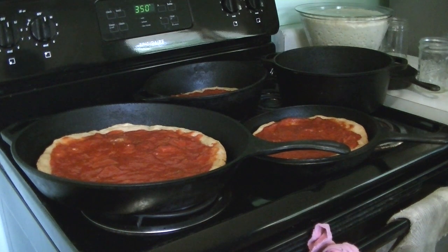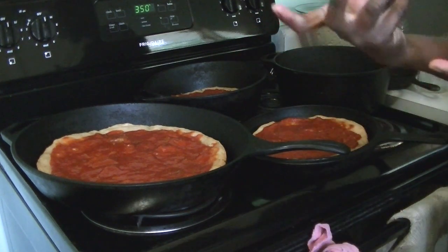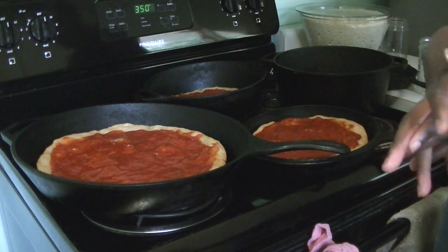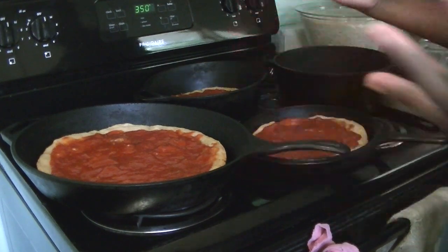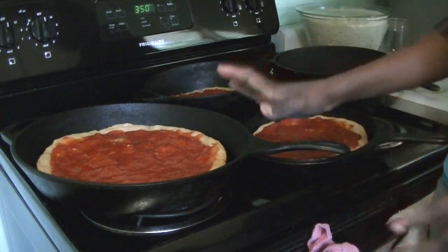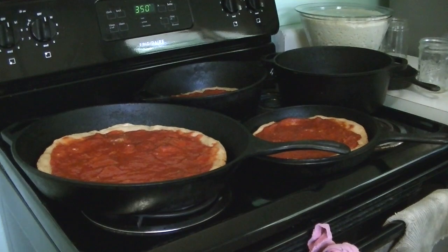And I don't know if I have one here. They are 29 ounces. I don't have any on hand here. It will be in the basement, but they are 29 ounces, big can. I don't use tomato paste. I just use tomato puree. So I use two cans, and I know I'm going to have a big batch of sauce that I can work with. So I'm going to wash my hand and